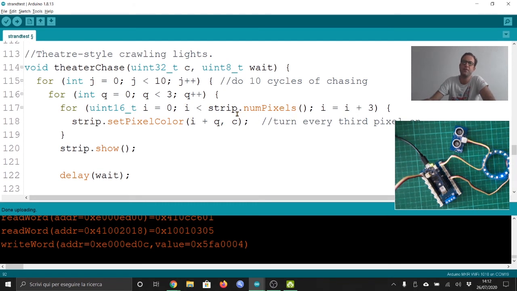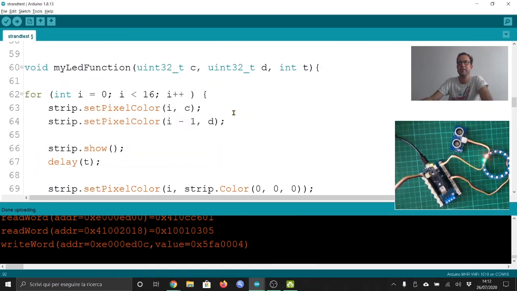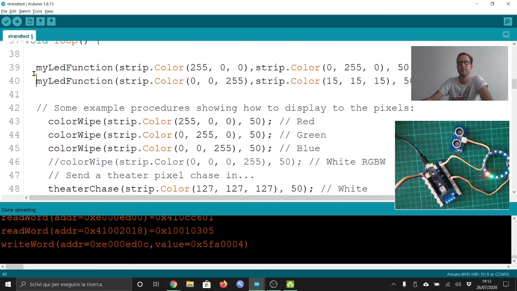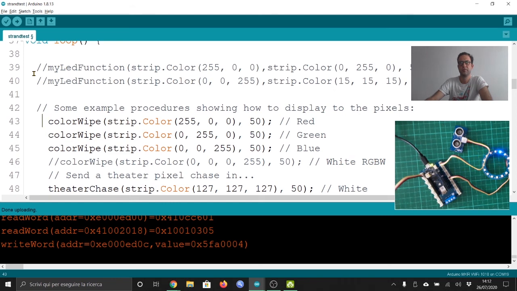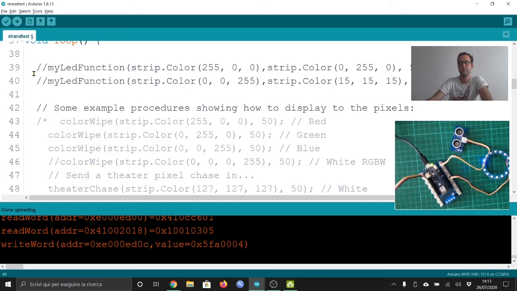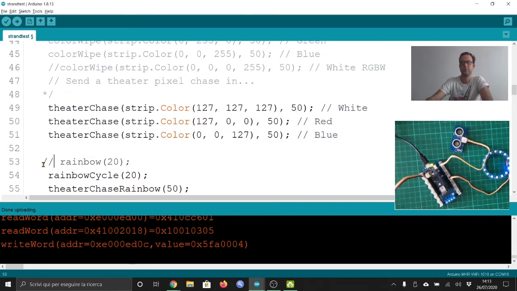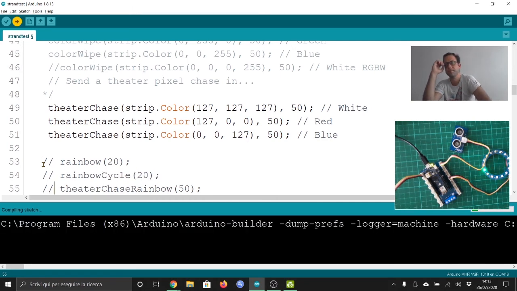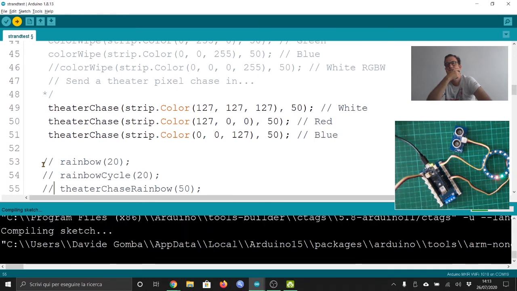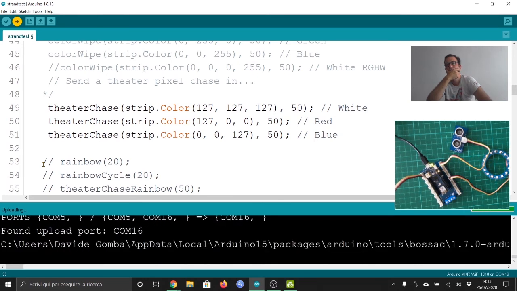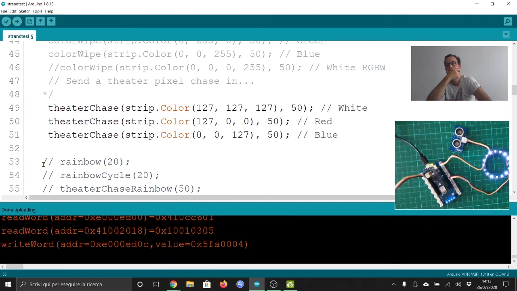Turn every third pixel, so it calculates distances between the LEDs and allows you to create special effects. Let's see theater chase in its wonder. Okay,